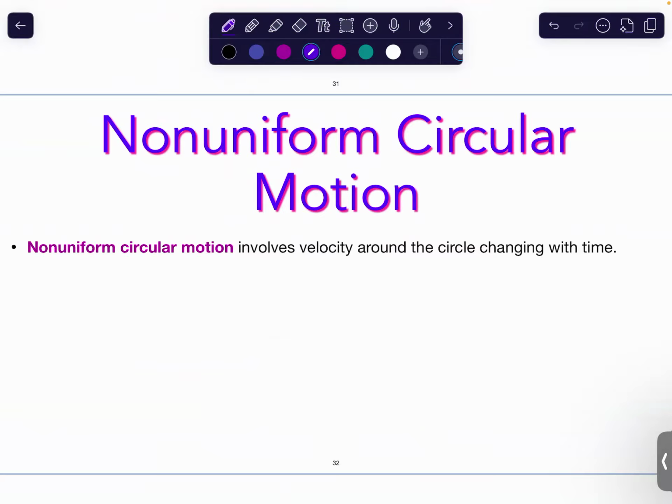Now, we've been talking about uniform circular motion. Let's move on to non-uniform circular motion, which means what? What's changing as you're orbiting, as you're going around in a circle? So you remember all those little velocity vectors you drew based on the circle at each individual point? In general,